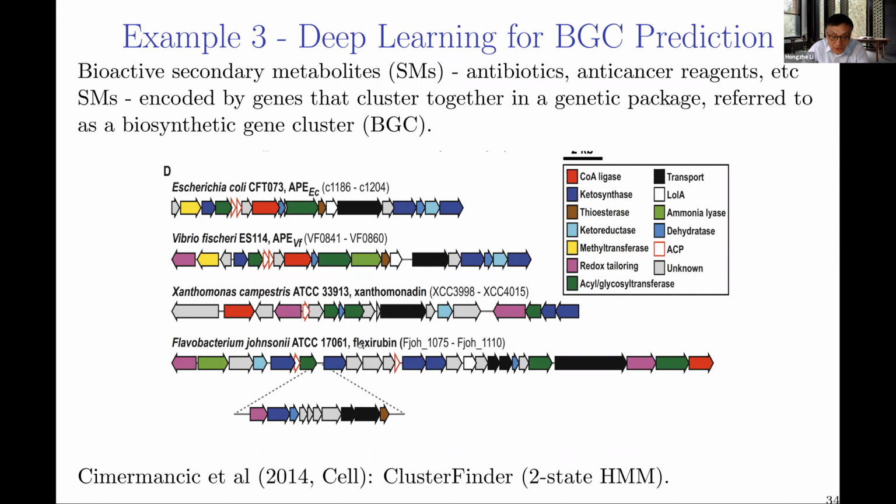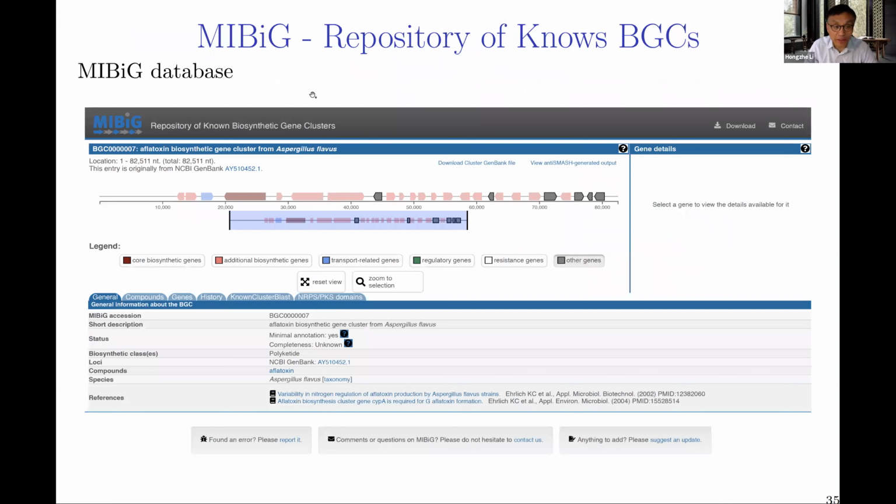This was initially studied in a 2014 paper published in Cell, and they published an algorithm called ClusterFinder, which is a basic, standard two-state hidden Markov model-based approach to identify other BGCs in the genome. Here is what I mentioned: there's a database called the MIBiG database, which is a repository of the currently known BGCs. There are 2,000 some known BGCs. If you go to this database, you can see those BGCs and what genes are involved. They also tell you some information, such as a description of the BGCs